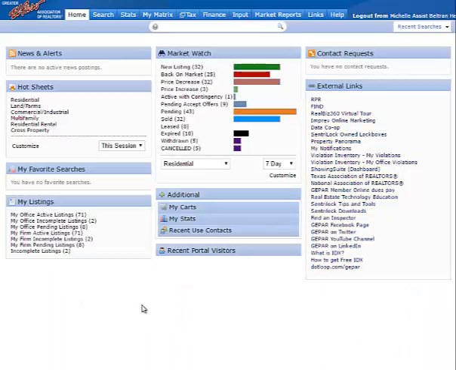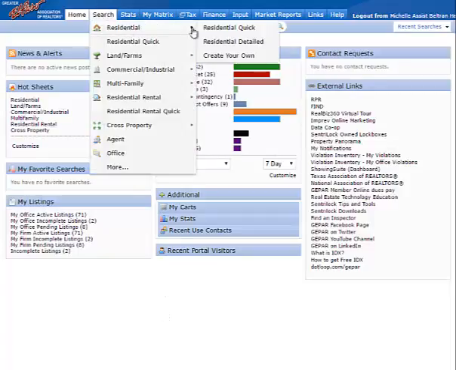Okay, the next section we're going to go into is talking a little bit about reports and a CMA. CMA reports, the comparative market analysis reports, are very popular reports for brokers and agents in the MLS to work with their sellers and buyers. So, how do you do a CMA? The first thing is that the agent will need to do a search. We'll start off with a residential search,